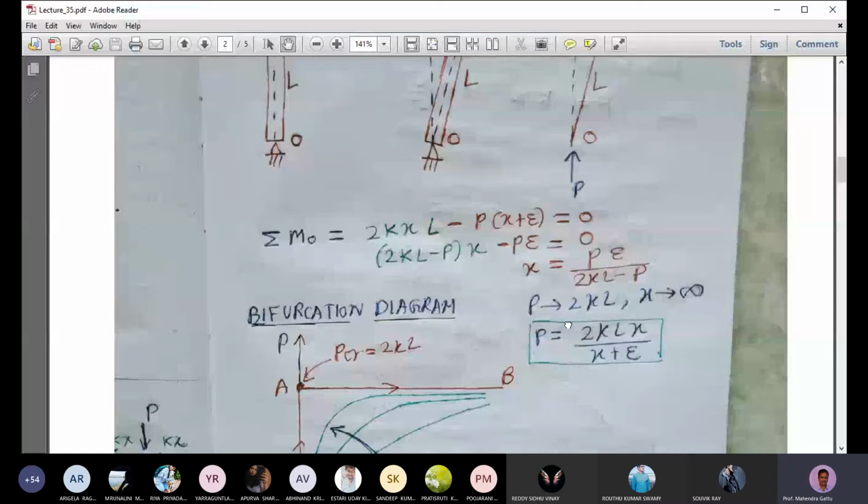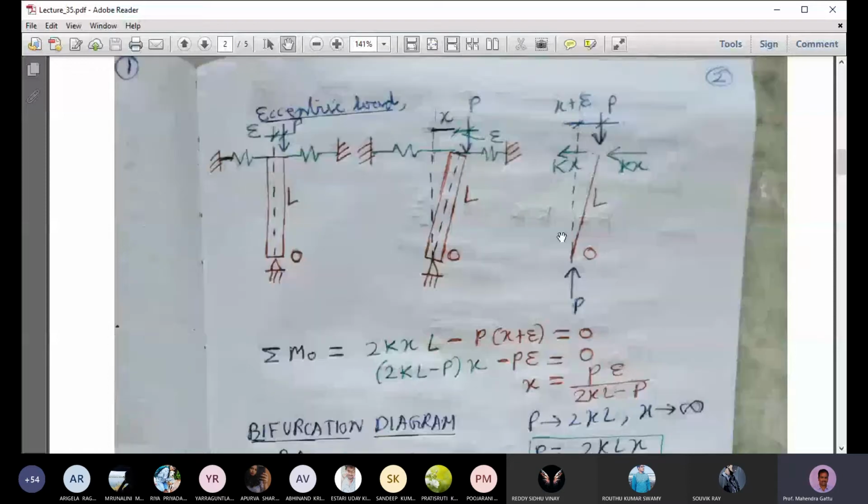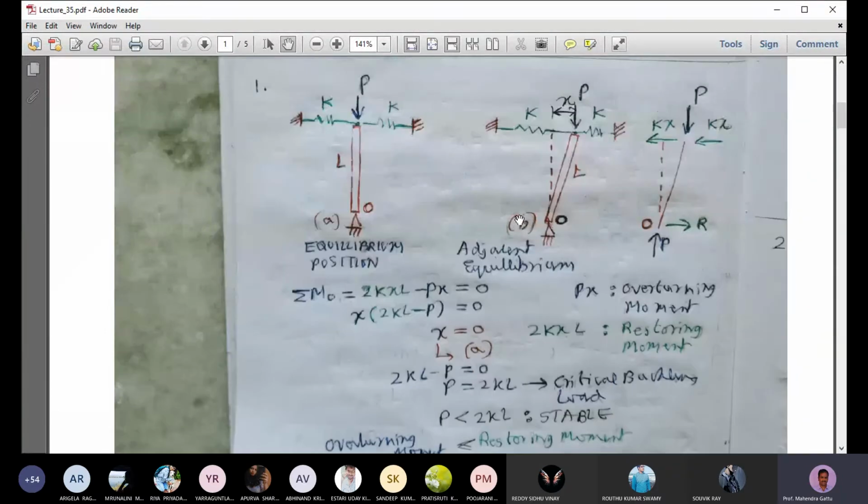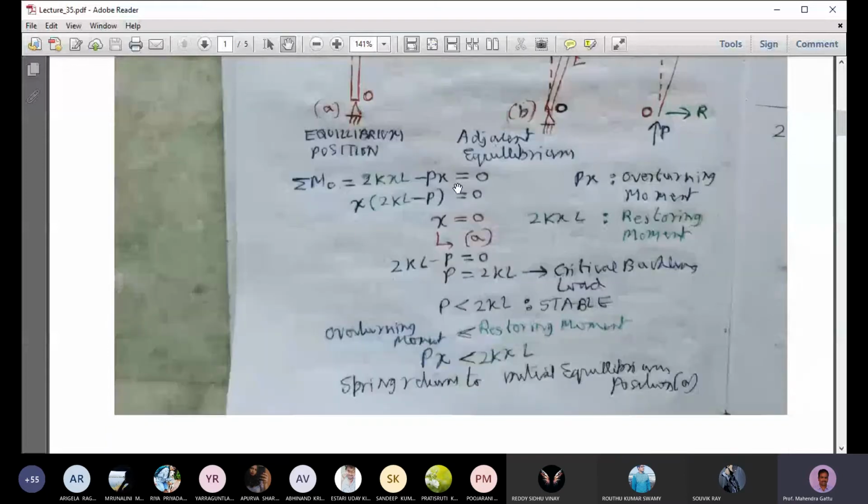I think in the first time we started the topic, we analyzed an eccentric column, and we got an expression for deflection in terms of the load, and then we found that the blow up will happen at small PL equal to pi by 2, something like that. And then we got the critical buckling load for the cantilever column. Then we did a buckling analysis where we took the cantilever column and a simply supported beam, did some eigenvalue analysis and got the critical buckling load. So that was close to this methodology.